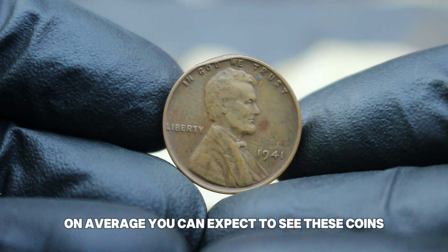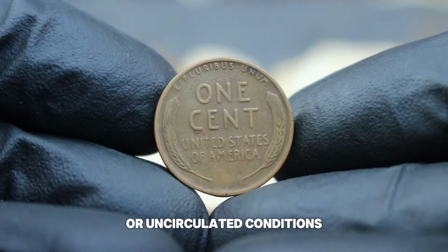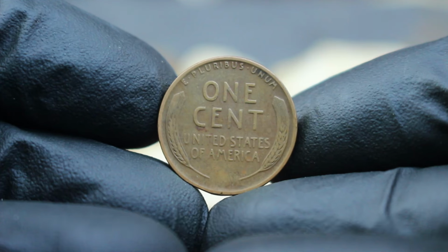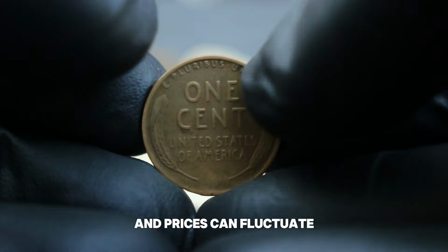On average, you can expect to see these coins auctioned at around $95,000. However, coins in exceptionally fine or uncirculated conditions can command even higher prices, sometimes reaching upwards of $100,000 or more. Collectors and investors are always on the lookout for these coins, and prices can fluctuate based on market trends and collector interest. It's essential for anyone considering selling or buying such a coin to stay updated with the latest auction